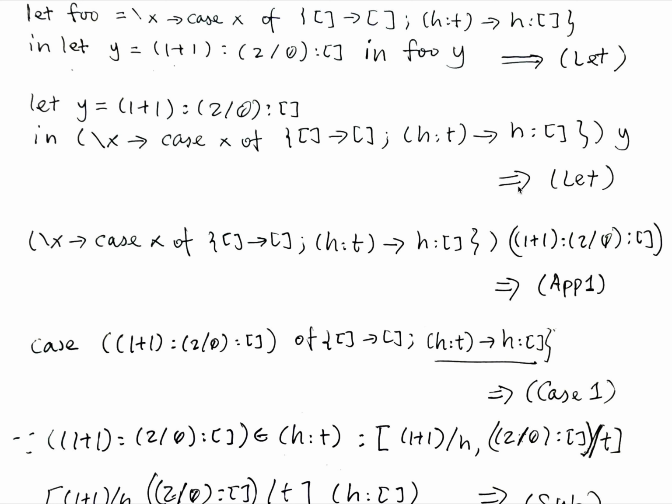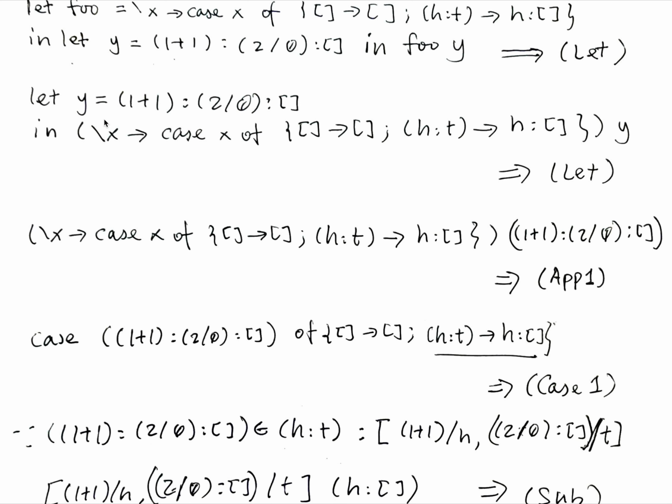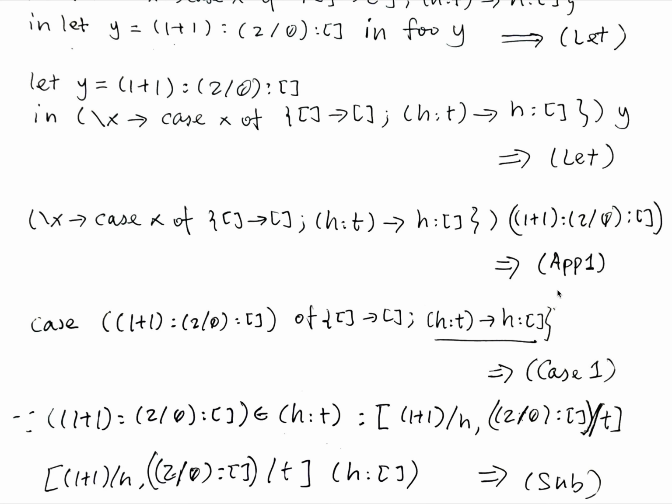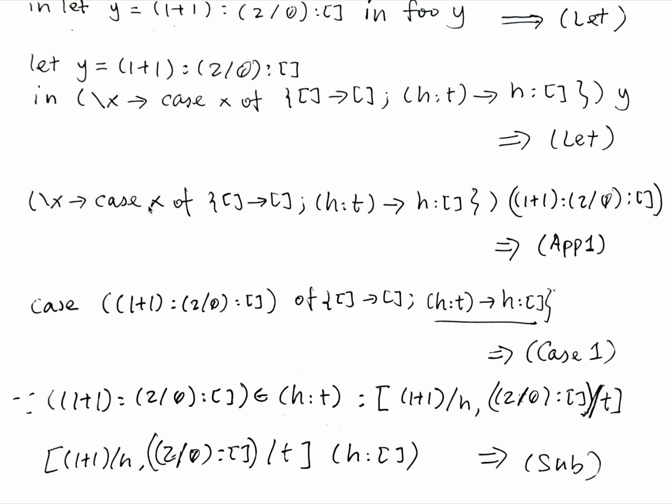Again, this expression is a let expression, so we apply the let rule and we create a substitution that replaces y by the list. So we have these expressions. Clearly this expression is a redex where the first sub-expression is already in a lambda abstraction form. We can now apply beta reduction, which is our F1 rule, and we substitute the formal argument x by its actual argument, which is this list, and now we have the case expression